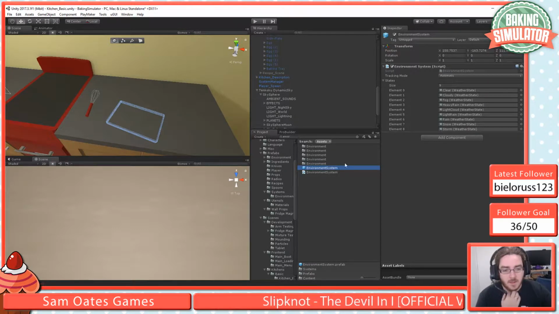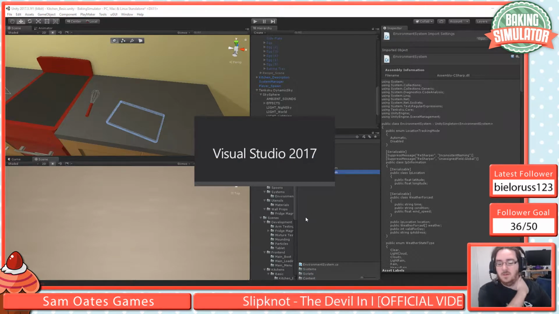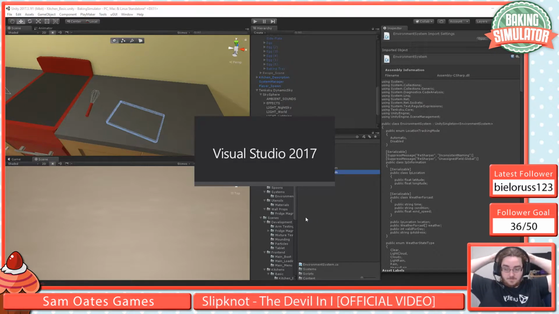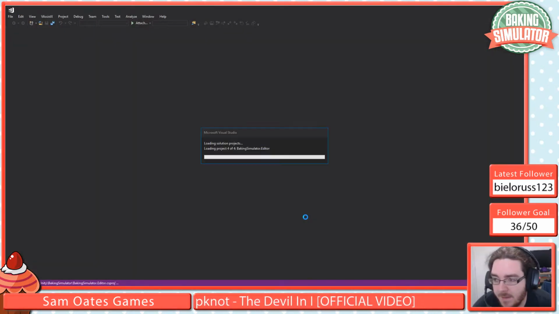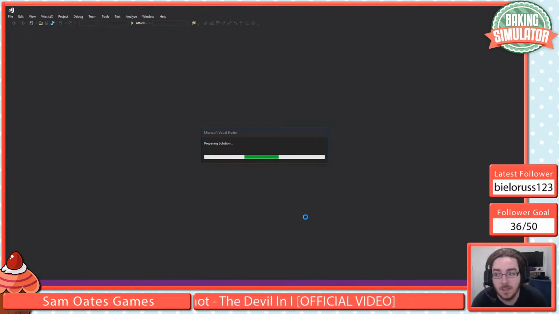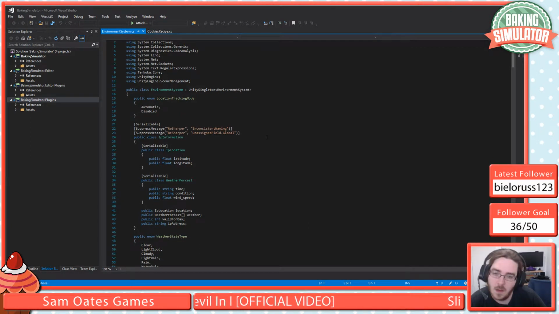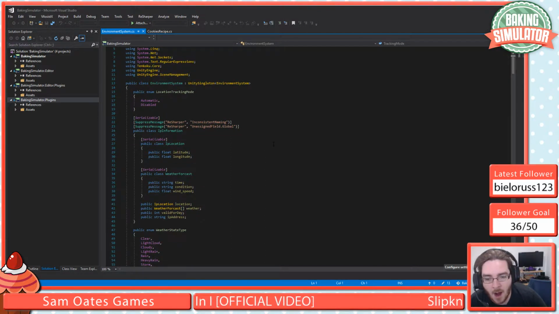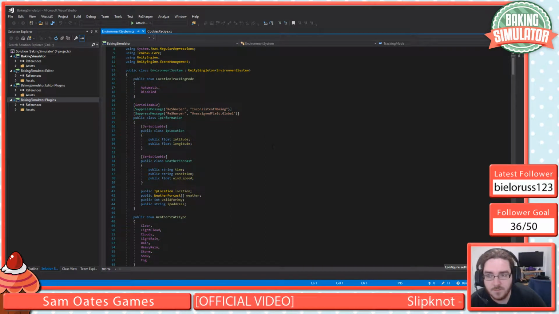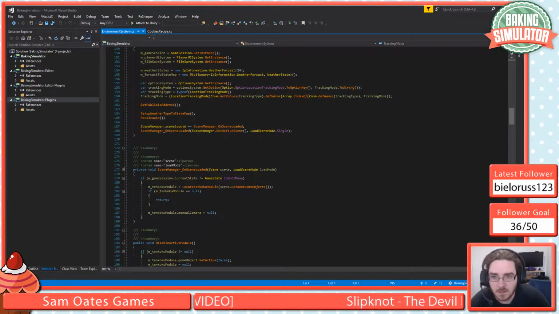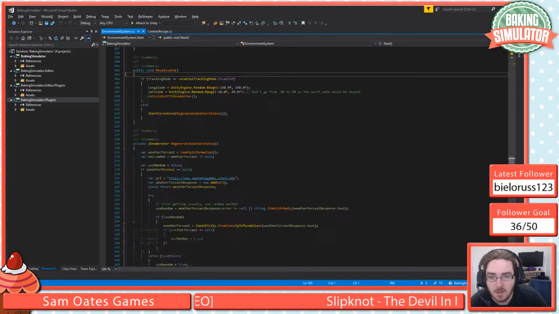Let's just, I didn't mean to open that one, I meant to open the actual code. So the environment system works by getting your IP address, and then from that calculating your longitude and latitude, and then from that calculating the weather where you currently are. But there's a fallback that says if I can't get your IP address or longitude and latitude, just make some weather up. So in recalculate,